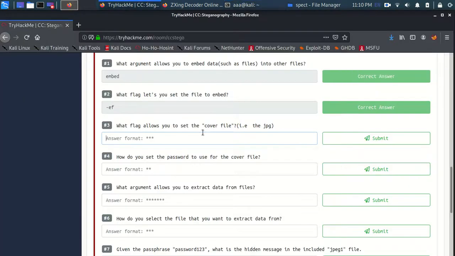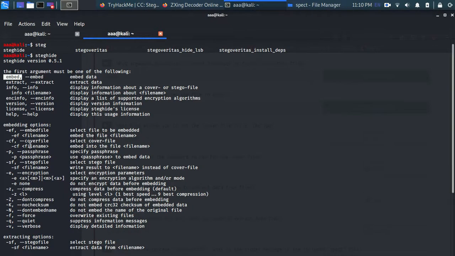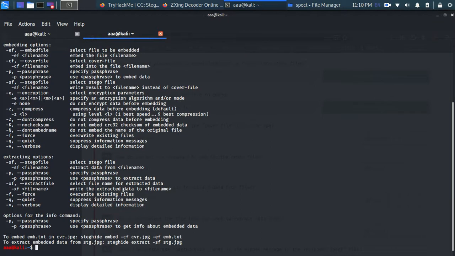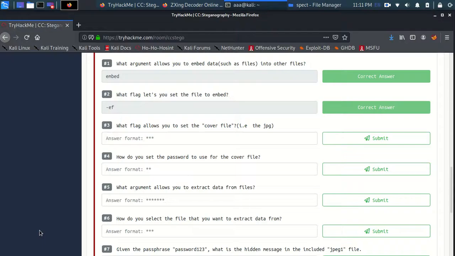This is the help menu, and from this help menu you can actually do everything. So let me just grab cover and attach -cf, and we'll be covering everything. Okay, don't worry.